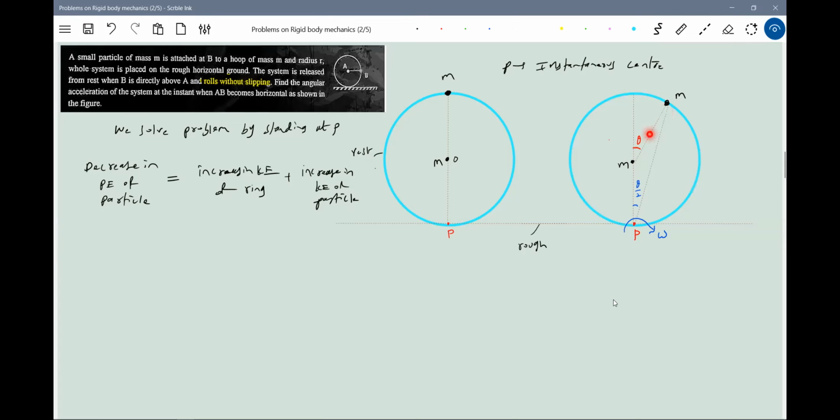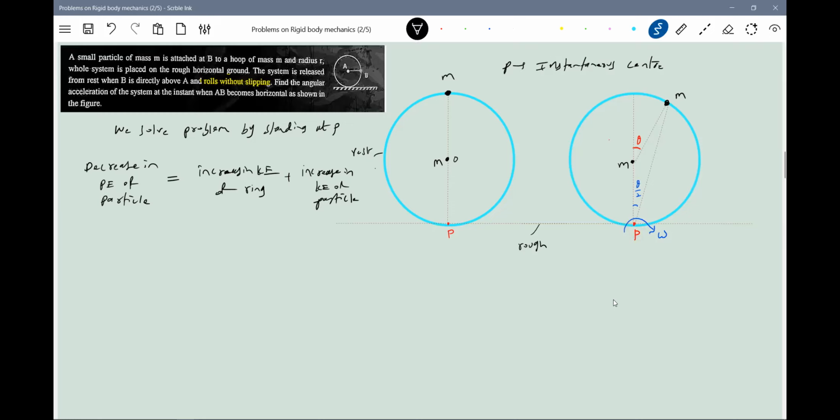I think it's very dangerous, sir. All of you are getting better. There's no option for us but to discuss instantaneous center only. Because if you stand on the ground, all the points on the rigid body will rotate about the center of mass, and the center of mass of the system will come here. I think it's very complicated. I tried, finally I suffered, then I came here. If you want to try, it's not possible.